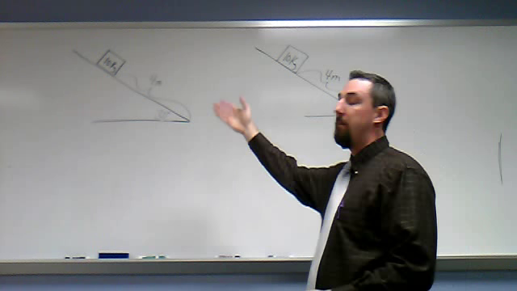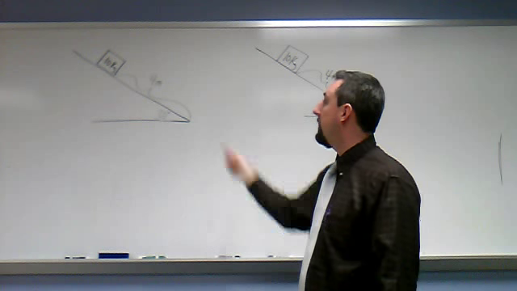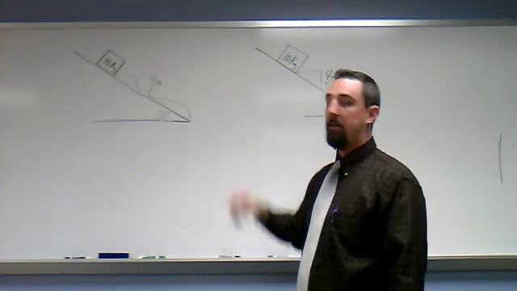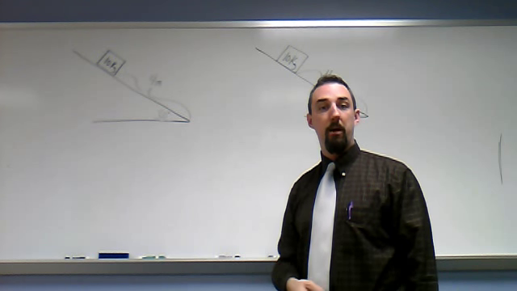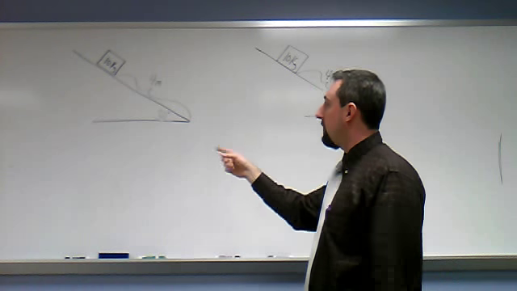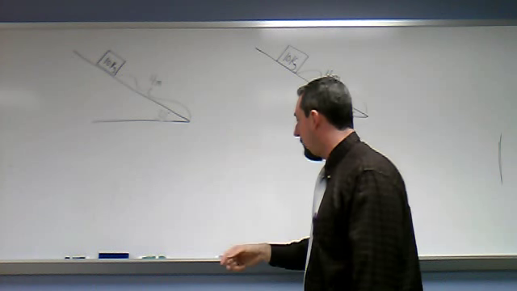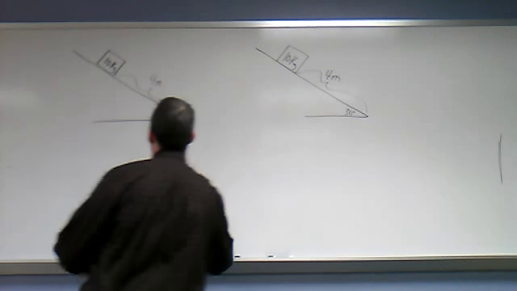I have a 10 kilogram mass sitting on an inclined plane. It's 4 meters up a hill that's inclined at 30 degrees. I want to know what is its velocity at the bottom. So if we were going to get started over here, the first thing I would probably do is draw that